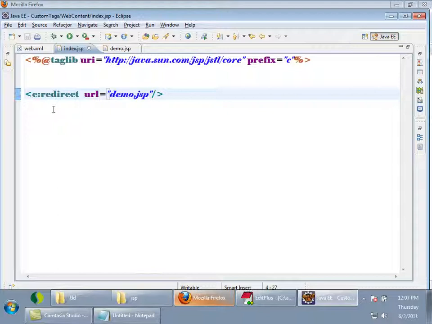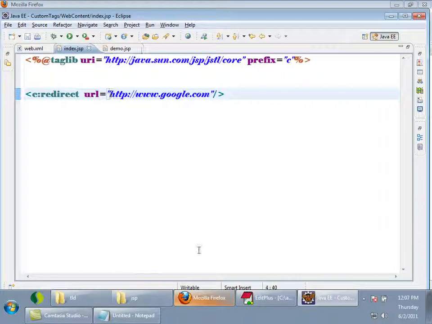Okay. Now tell me, while redirecting, should I redirect to a servlet or JSP in the same application, or can I redirect to anywhere like google.com? Can I redirect? Yes, anywhere. While redirecting, the browser will make a fresh request. Whenever it's making a fresh request, the request need not be to your application. It can be to google.com also. Okay. Now url equals to http://www.google.com.